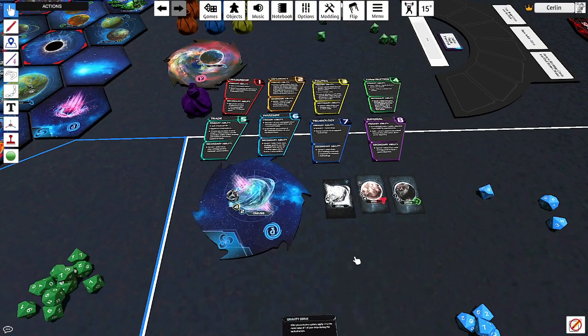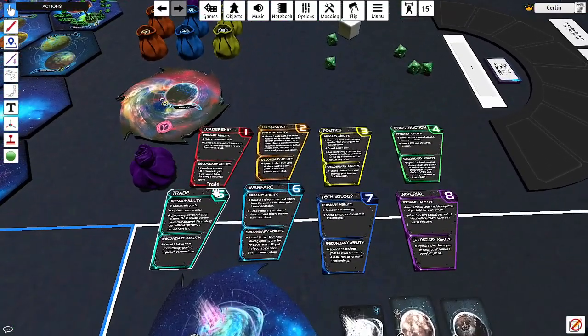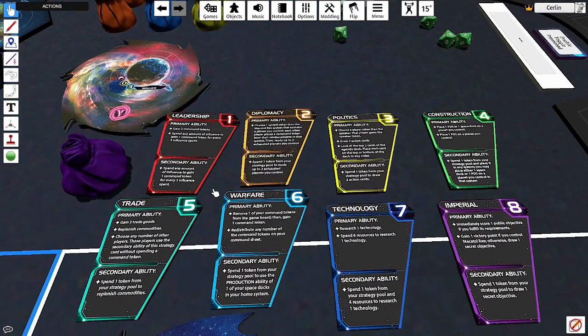All right, the next one, strategic cards. This is one of the cores of the game. Every round, you get to pick normally one, and then that is your strategic action until next round. Now,